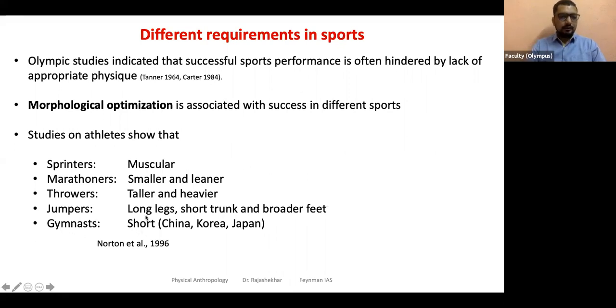Similarly, gymnasts, people who are shorter have better outcomes. Chinese, Koreans, Japanese are doing better as gymnasts, correct? In Olympics. Why? Their body build is better suited. So like that, we are able to see those connections between body type and their performance or potential performance in a given sport. Okay, these are some examples. Make a note of them. What type of body is suitable to what type of sport?